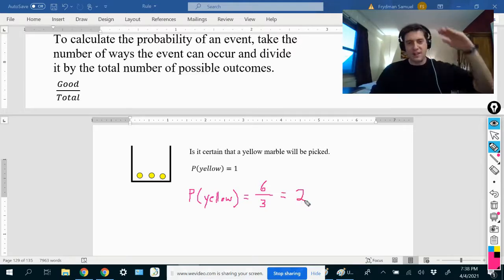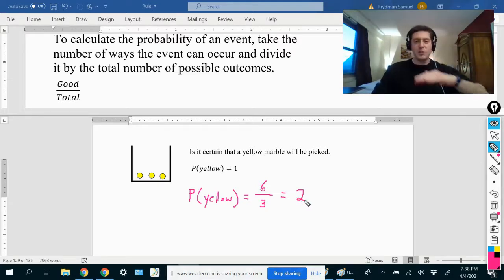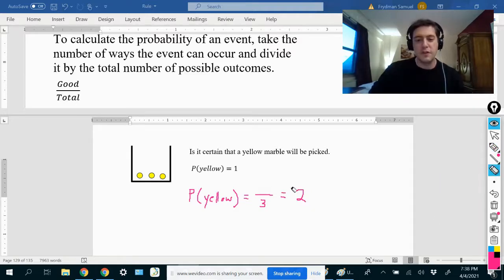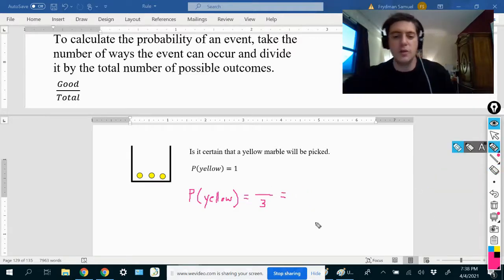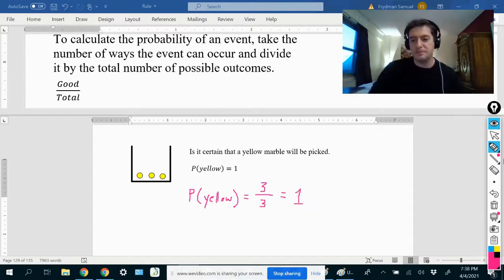1 is the highest that you could possibly get, and 0 is the lowest that you could possibly get. If you're getting a probability which is negative, you made a mistake somewhere. And if you're getting a probability which is greater than 1, or as a percent greater than 100%, you made a mistake somewhere, okay? So for this case, again, the numerator would be 3, the denominator would be 3, and we would get a probability of 1 here. Okay, now